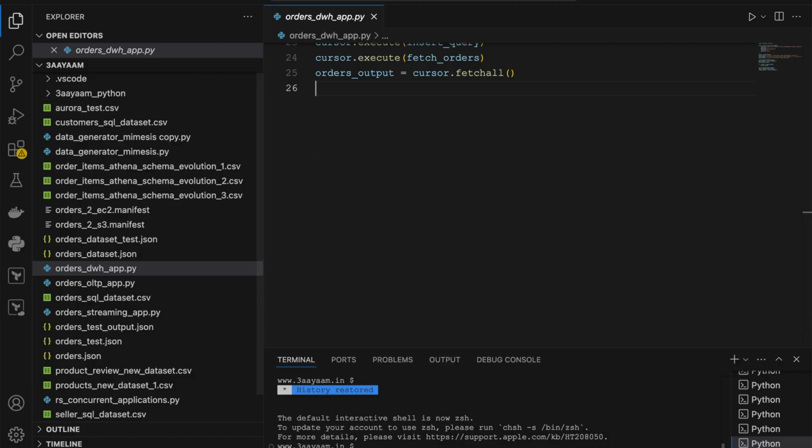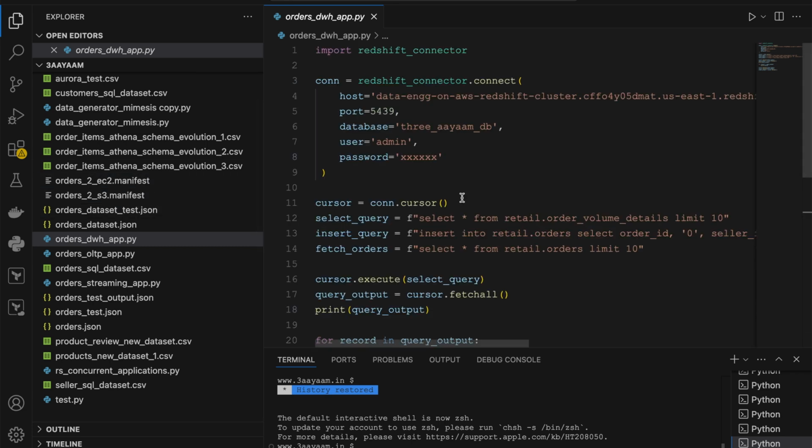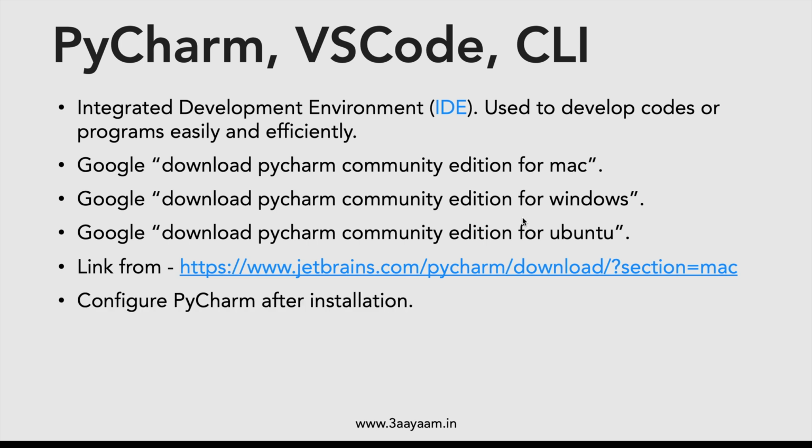And you can also use VS Code if you want. This is VS Code that I have downloaded. You can download VS Code as well and run code using Visual Studio also. So it is your choice whether you want to use VS Code or PyCharm. But for this Python course, I'll be using PyCharm to do all the hands-on. Once the download is done, we can configure PyCharm after installation. As I have shown you, you can configure the appearance, the font of the editor, etc. The download would be similar for Visual Studio Code also.